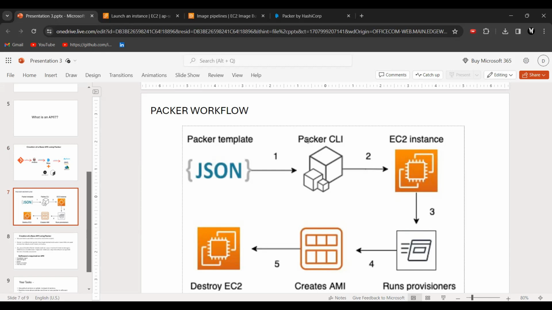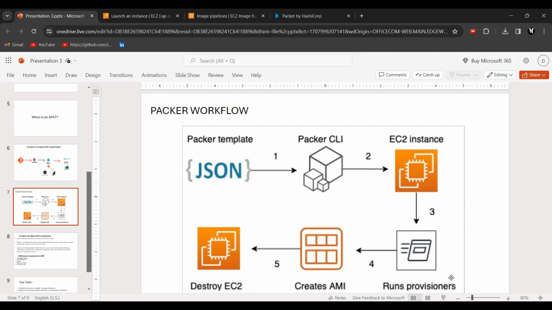Packer CLI will just create an EC2 instance. Through that EC2 instance, it will create this AMI, running the provisioners. Provisioners means you will have a provisioner.sh file maintained.